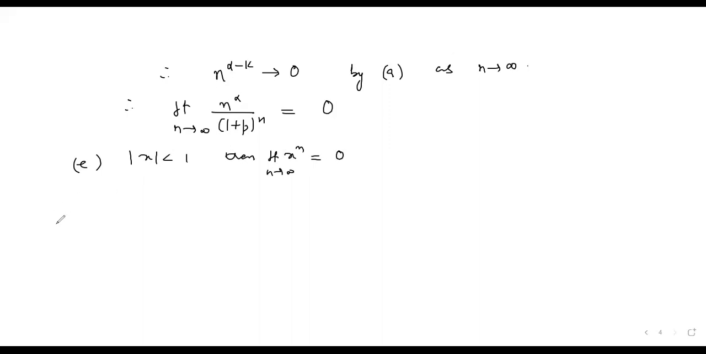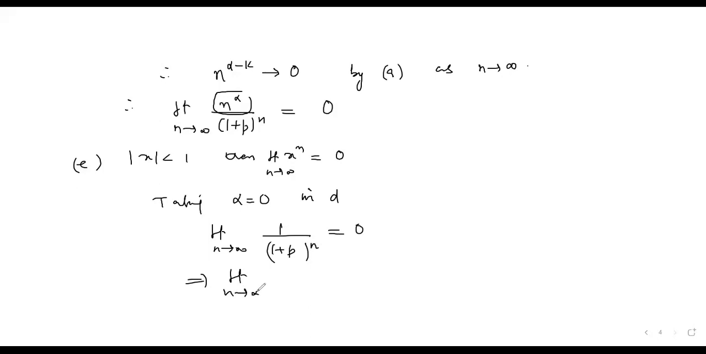So to prove the E part, now take alpha equal to 0. Alpha can be any real number, so alpha equal to 0 in this. So I get limit n approaches infinity. Anything raised to power 0 is equal to 1. I should have 1 by 1 plus p raised to power n is equal to 0, which can be written as limit n approaches infinity of 1 by 1 plus p raised to power n is equal to 0. So since p is positive,